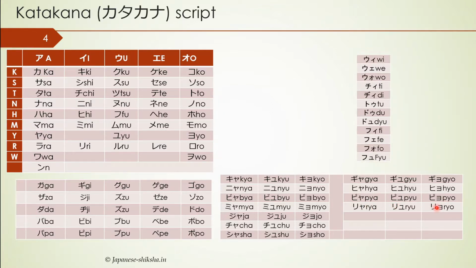Okay. And then something like V, it's again a different one. It's not covered in hiragana, but it's there in katakana. Va, vi, vu, ve, vo, ti, di, tu, du, fa, fi, fe, fo, fyu. Okay, these are again extra ones that you get in katakana. Katakana is being used for the representation of foreign words. So my name, your name would be in katakana. A lot of other nouns, like America, will be there in katakana script.